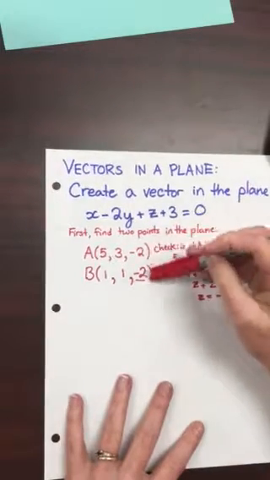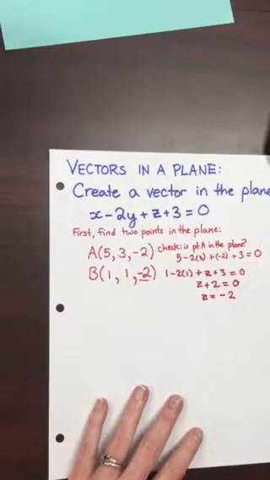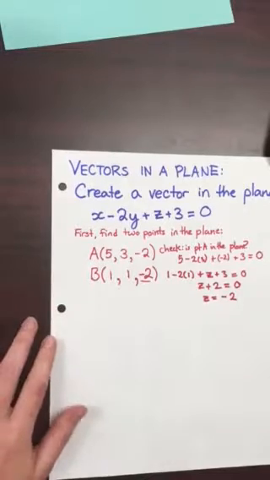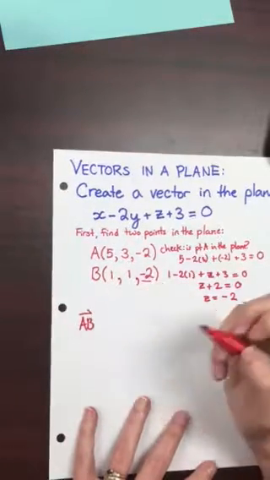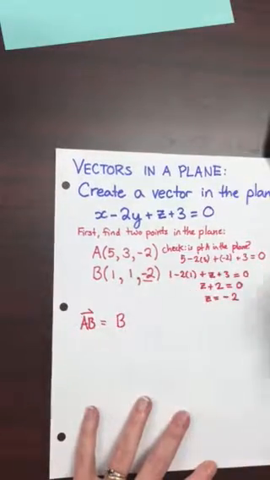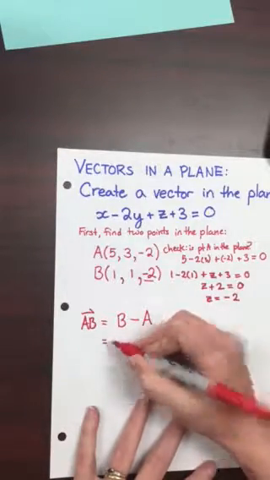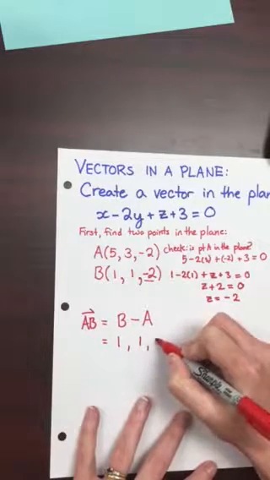So now I found 2 points that are in this plane. I could find millions of points that are in this plane. There's literally an infinite number of them. But 2 is all I need to make a vector. A vector in the plane, I could call it vector AB. It's going to point from A to B, and I can find it just by taking point B and subtracting point A. So what I'll have here is B, so 1, 1, negative 2,